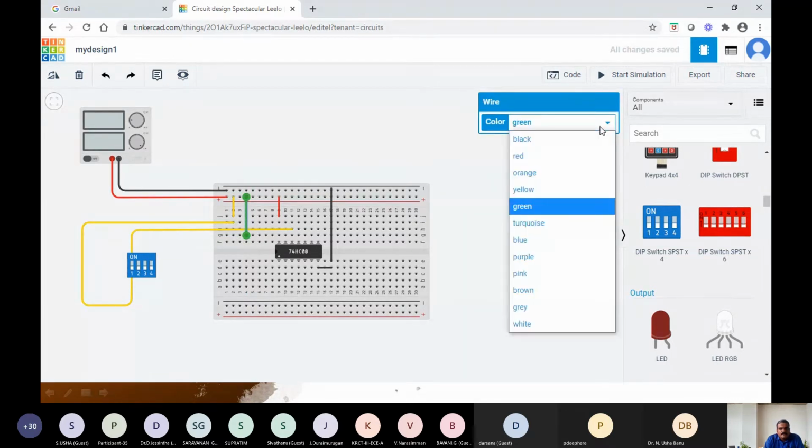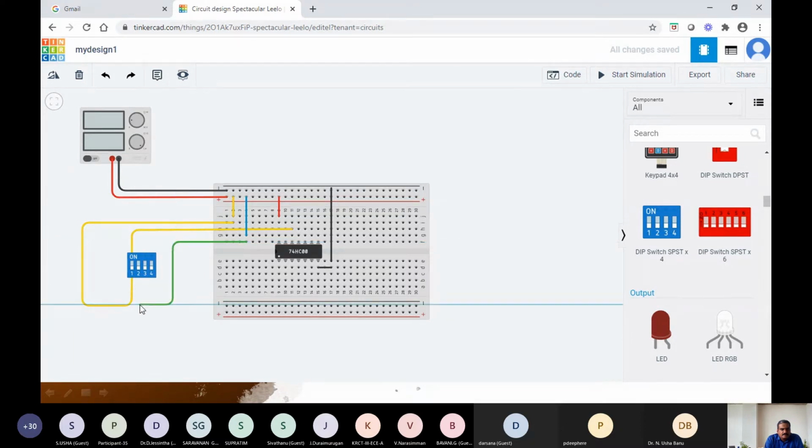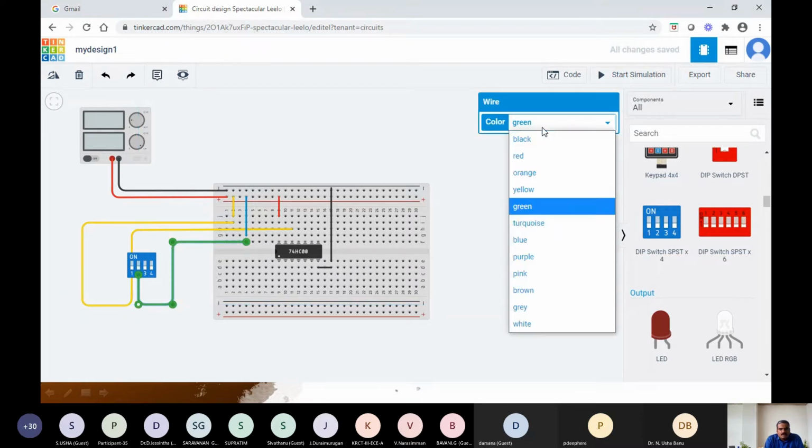So let this color be a blue color, and I will be giving the connections from here. So let this also be blue color.